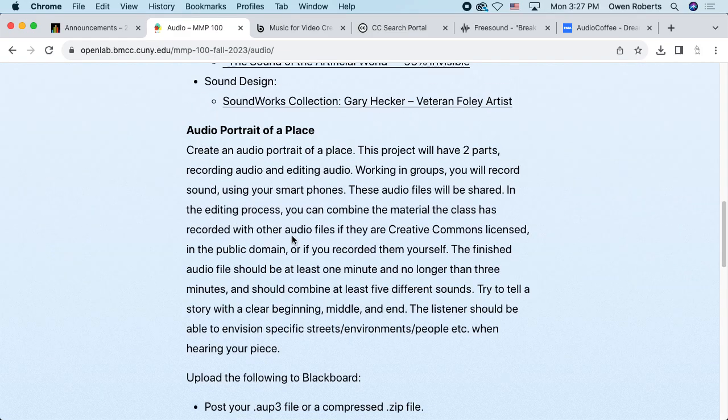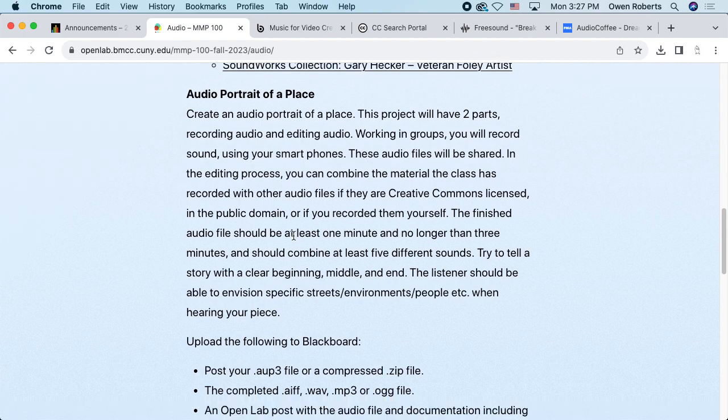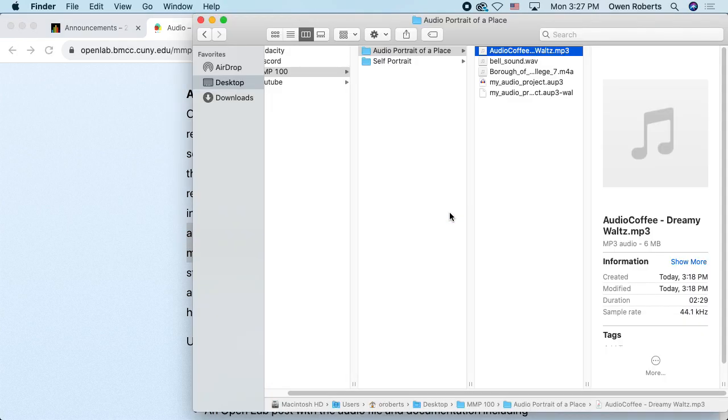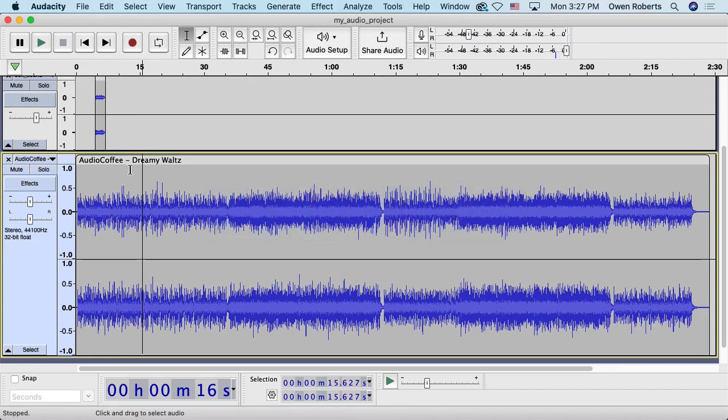For the assignment, the finished audio file should be at least 1 minute and no longer than 3 minutes. And you should combine at least 5 different sounds. Okay, so yours is going to be longer than this, but since I'm just demoing, I'm going to cut at